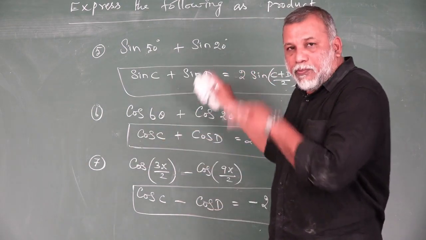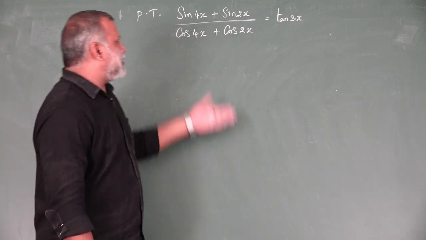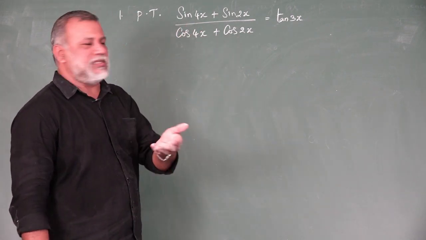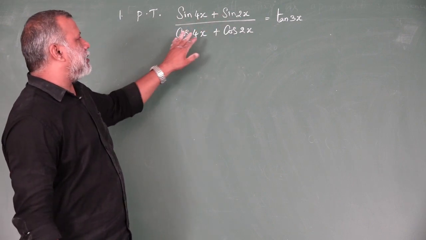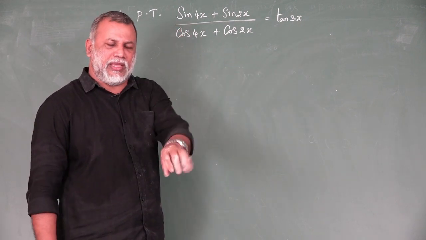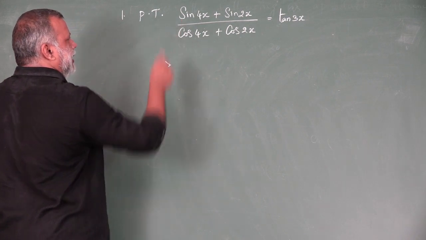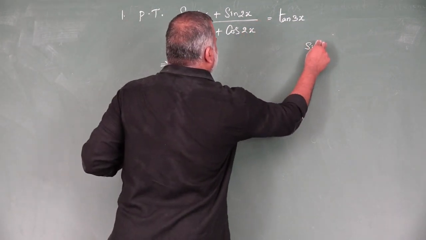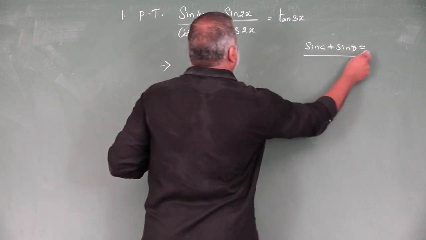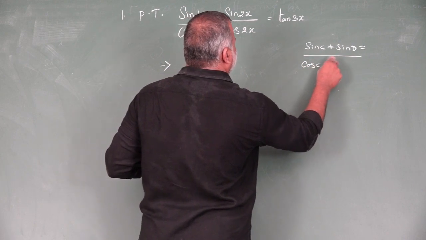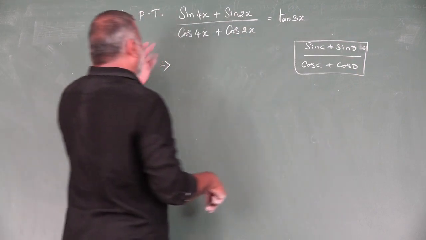So we are going to apply the same model questions again. Listen students, this is also the same type of application. See the numerator, sin c plus sin d. See the denominator, cos c plus cos d. Just now we used many ideas related to this one. In your numerator, write down the formula sin c plus sin d, which we used many times. Denominator cos c plus cos d. This is the idea you need. So we are going to apply.